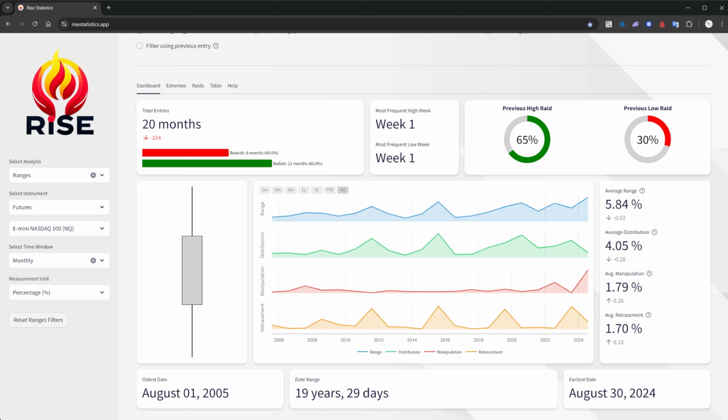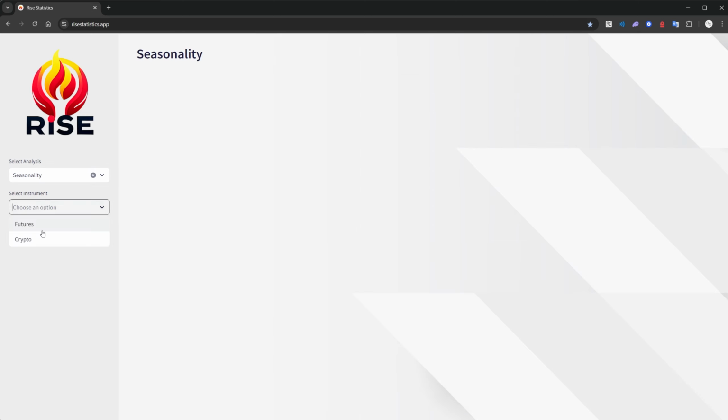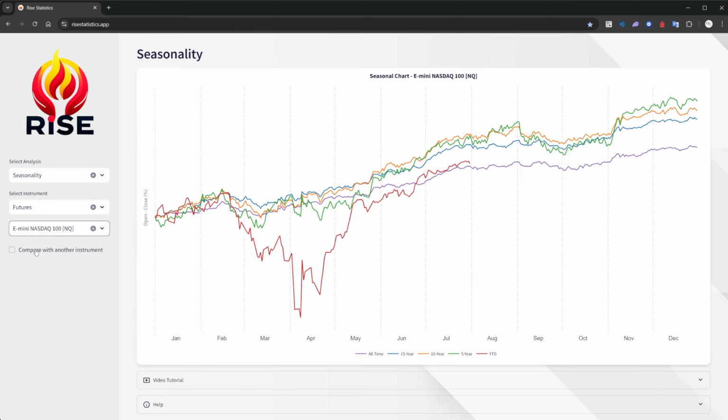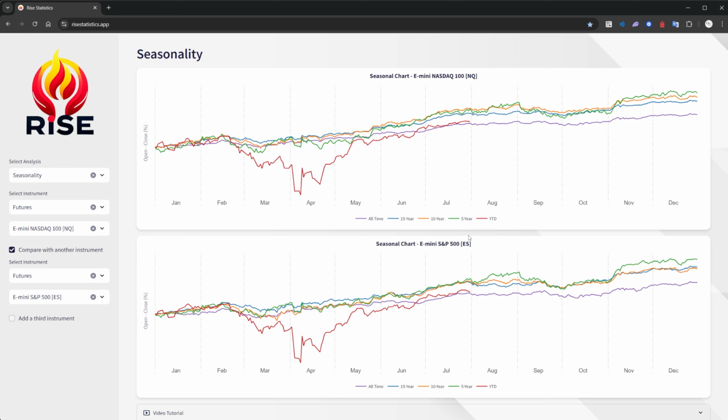And as we saw from Rice Statistics, we had a 40% chance to have a bearish month of August, right? This is, as I said, not the kind of data I want to be focused on too much, but we can still use that to find some other things. Is our profiling going to be really good? Perhaps not. So what can we do? I still like to refer to seasonality. Even if the profiling will be wrong, I like to look at what we usually do during the month of August.